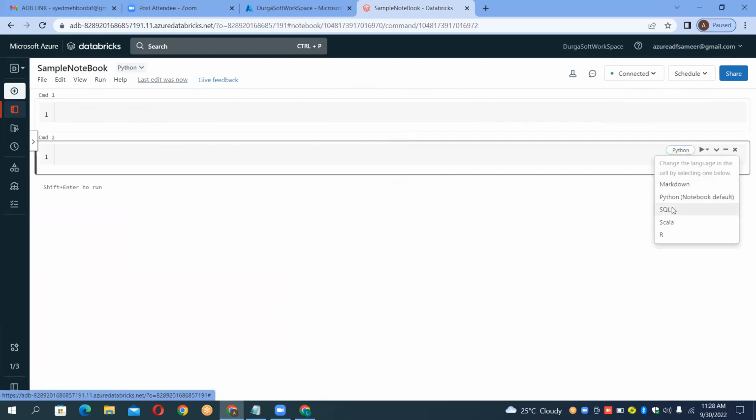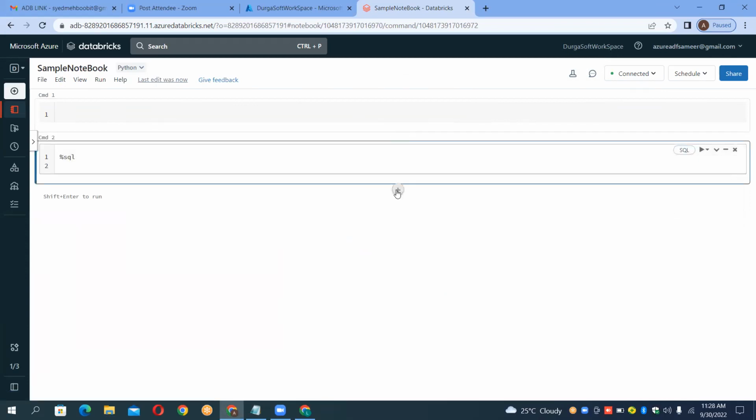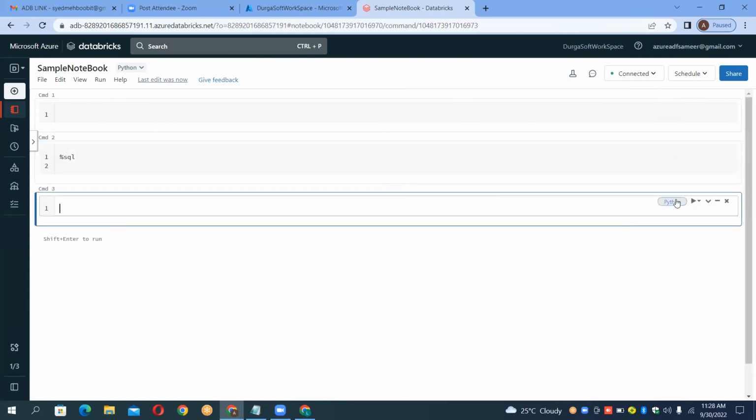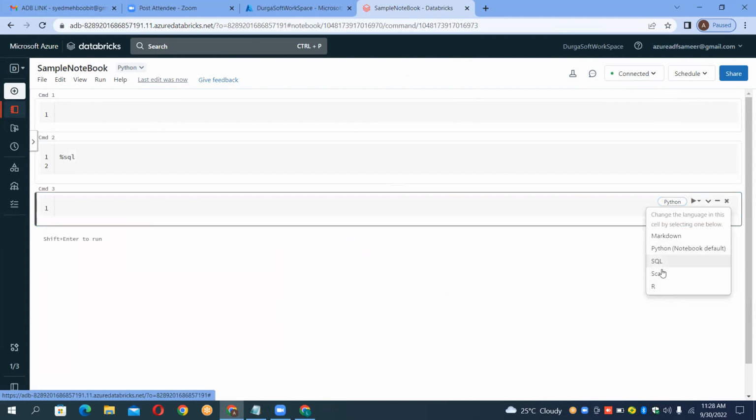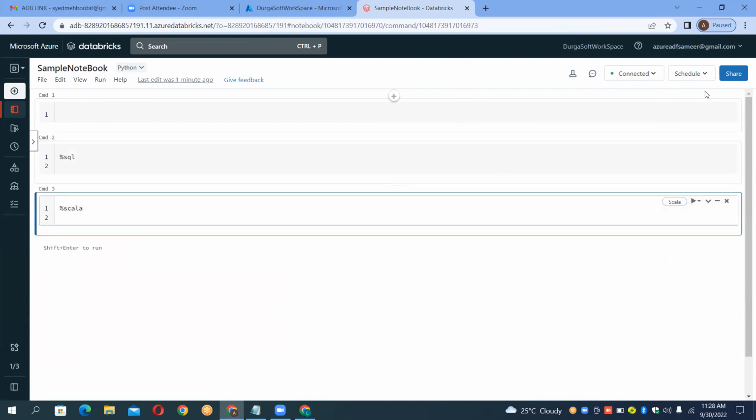Now just use one more cell. So one cell's output is the next cell's input. We can use that with different languages. Yes, we can use this as an input to another notebook also. Okay. This is the thing we have.